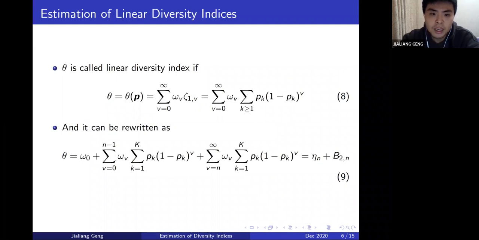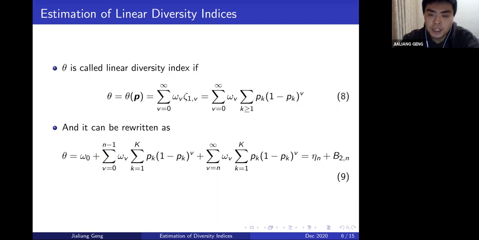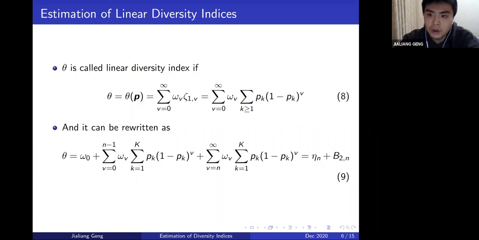So finally, to the topic: can we give a good estimation of this linear diversity index? Yeah, the answer is yes. Let me give a detailed definition for the theta again. The theta is called the linear diversity index if it can be written in this form, which is a linear combination of p_k times (1 minus p_k) to the v. This is called zeta_1v. It is the basis, and omega_v is the coefficient. And we want to rewrite it in this form, the second equation, which is eta_n plus